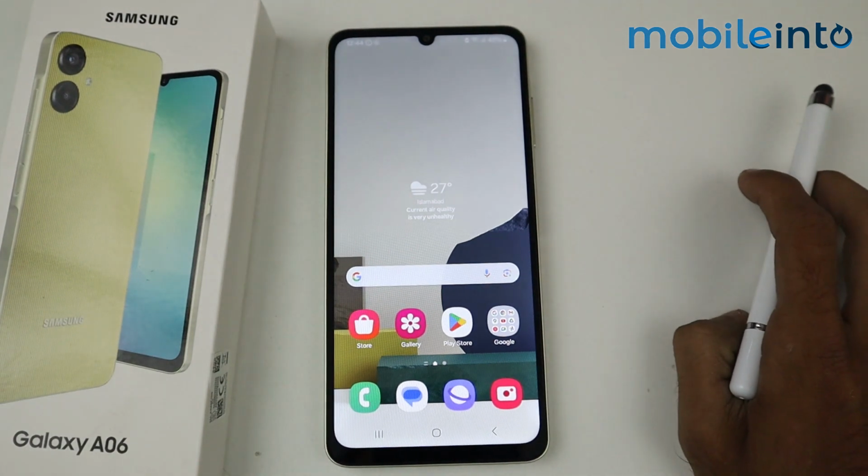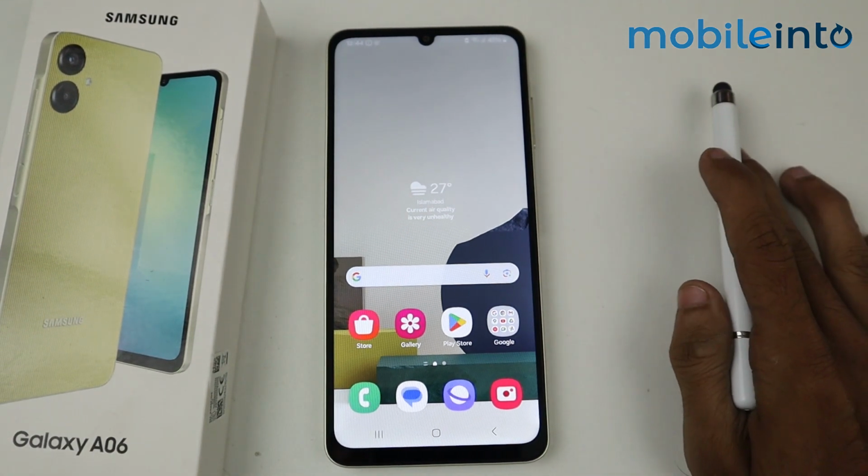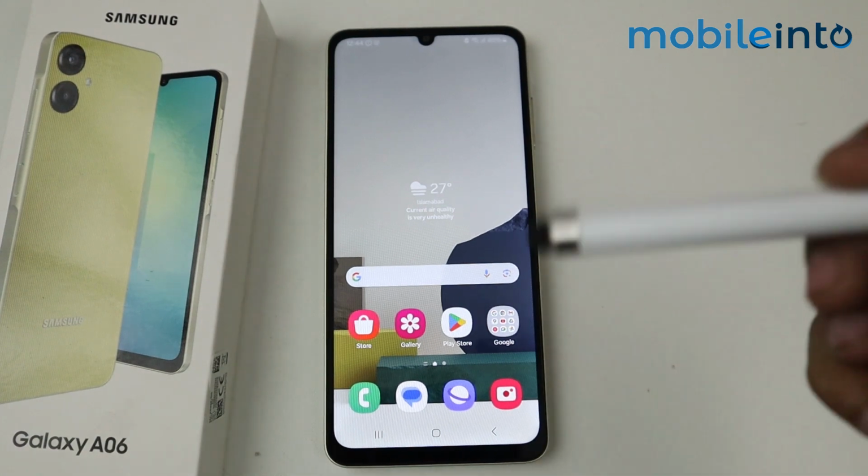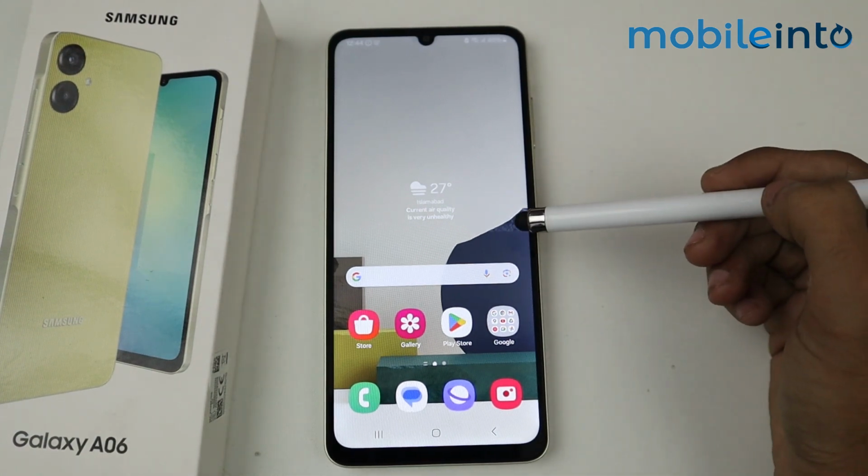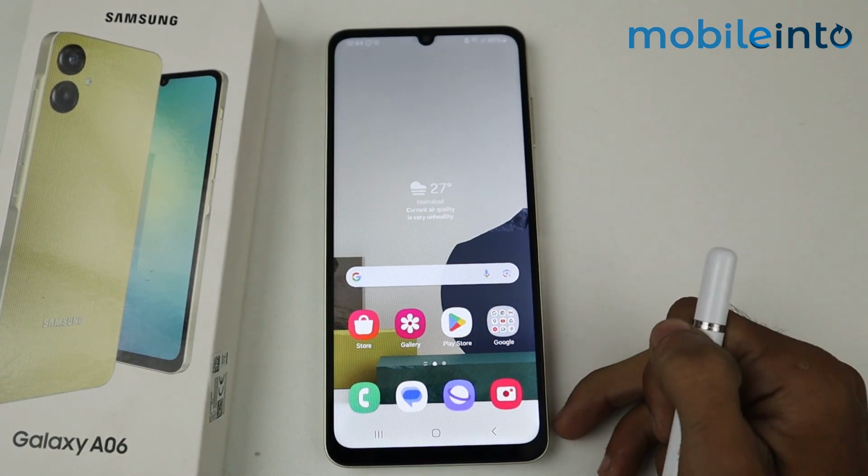Hey guys, what's up? In this video, I'm gonna show you how to add custom live wallpaper in Galaxy A06 device. Guys, if you want to add your own video on your wallpaper, all you guys have to do